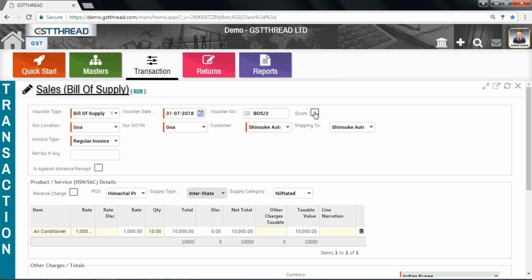E-commerce operator, if any, you have to click on the checkbox and select the operator. And then the POS, that is your place of supply.